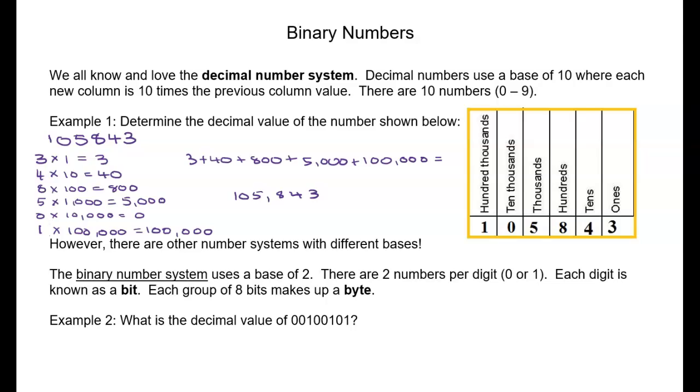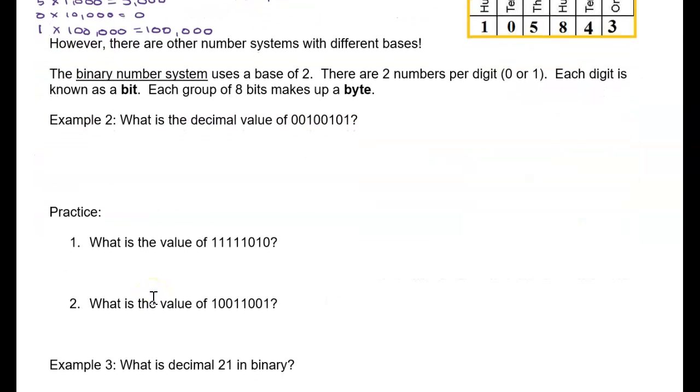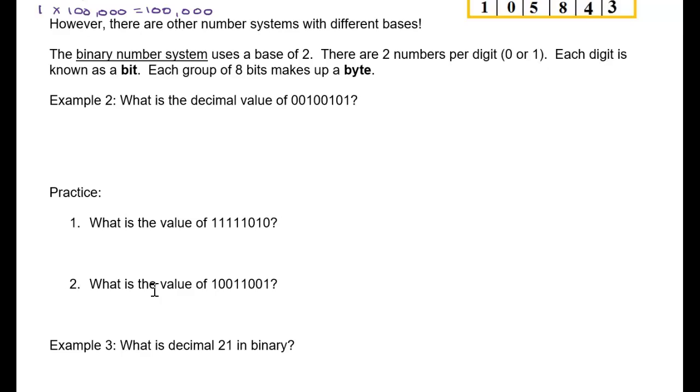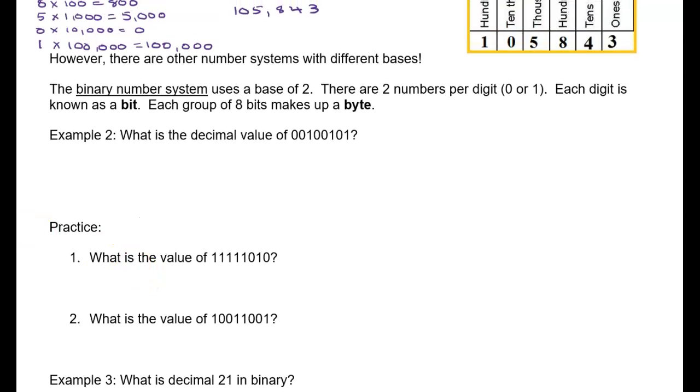So it's 3 plus 40 plus 800. And you're going to see the same thing happen when it comes to binary numbers, except that binary numbers are only base 2. So let's take a look at an example of that. Let me scroll down. If we look at a number with different bases, let's take the number 00100101,